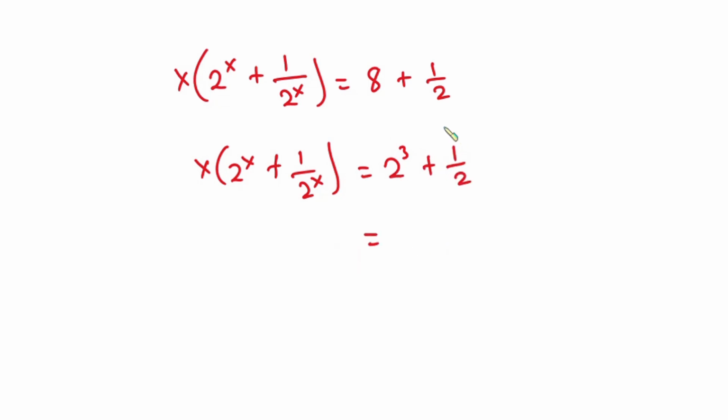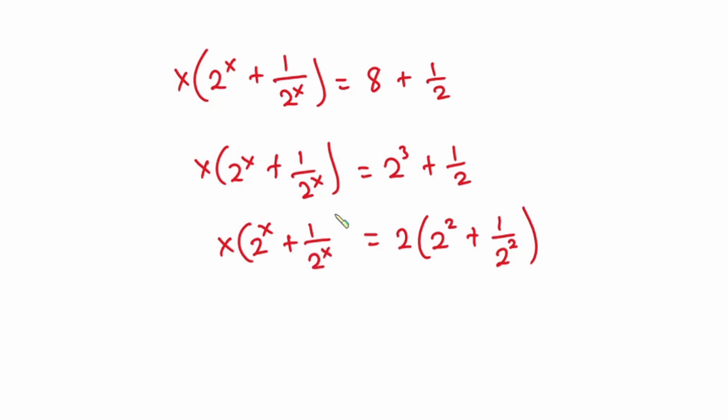Great. Now considering the right hand side, you can see we can factor 2 out, right? So we have 2 into 2 to the power 2 plus 1 over 2 to the power 2. Then we have the left hand side to be x into 2 to the power x plus 1 over 2 to the power x. And now by comparing,